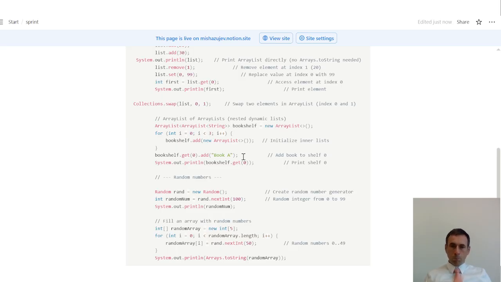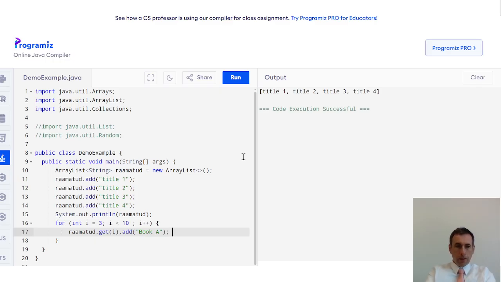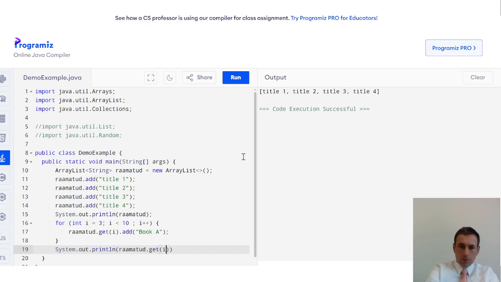And print shelf. Okay, let's print this shelf. So as it will do 3, 4 until 9, we will get kind of 6 books, and then System.out.println, and then get. Okay, so